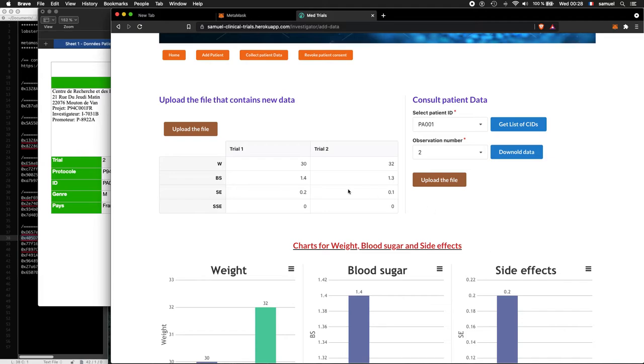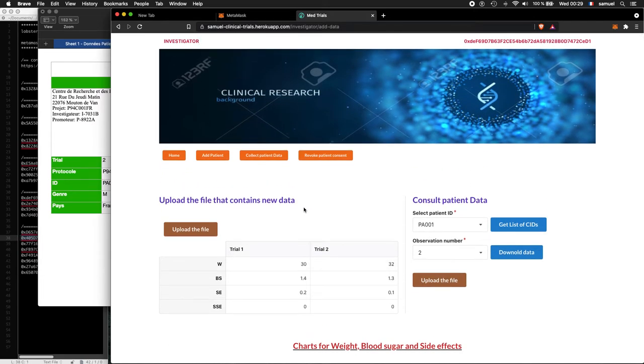If there are serious side effects, then the smart contract will stop, or suspend, the clinical trial. So the investigator will no longer be able to add new patients to the trial because of this serious side effect.